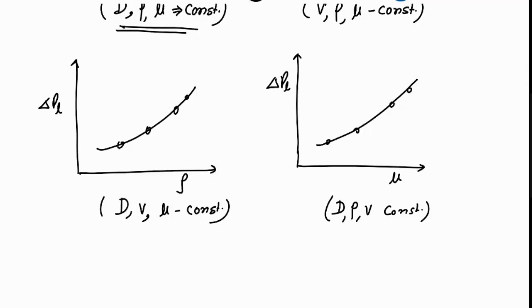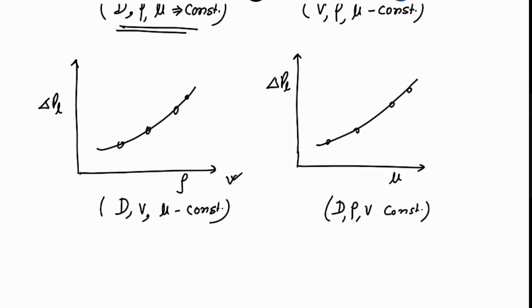But now these experiments, there are so many experiments. If you have 4 variables, you have to do so many experiments. For each graph, you have to run the test multiple times and then you will get different points. So you see there are multiple experiments you have to perform. And some of them are very difficult to perform. For example, you have to vary rho. This is very difficult. Every time you have to change the density of liquid.